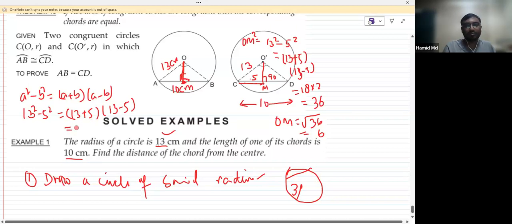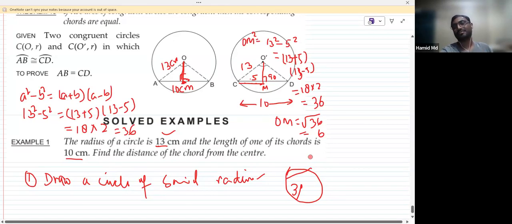So 13 plus 5 is 18 and 18 into 2 gives us 36. This is OM square is 36, right? So it will be the square root of 36, and the square root of 36 is